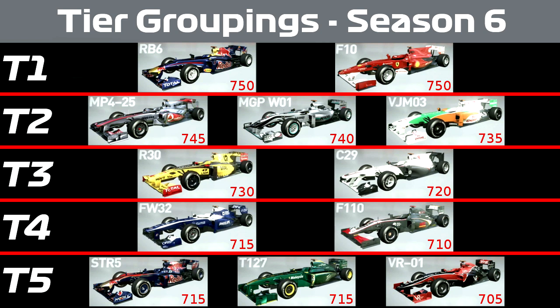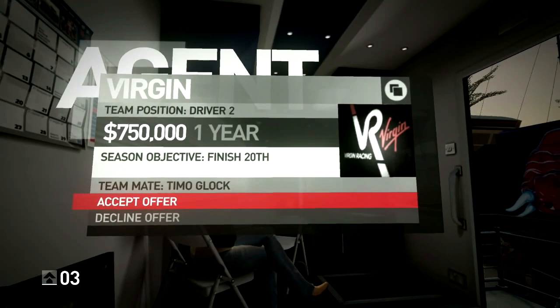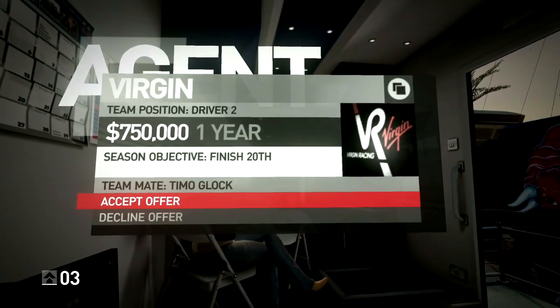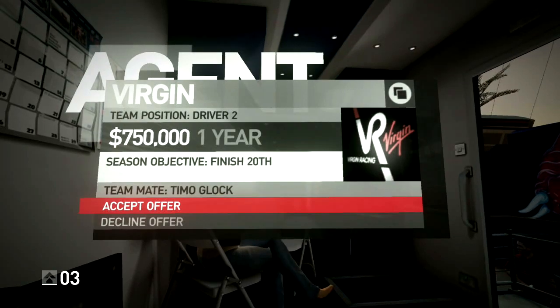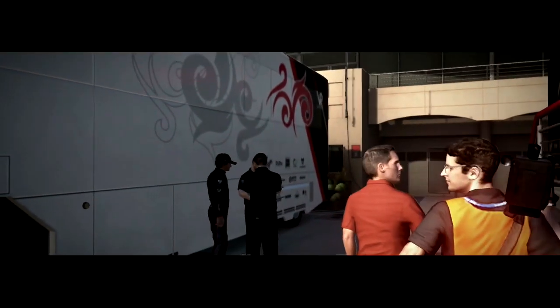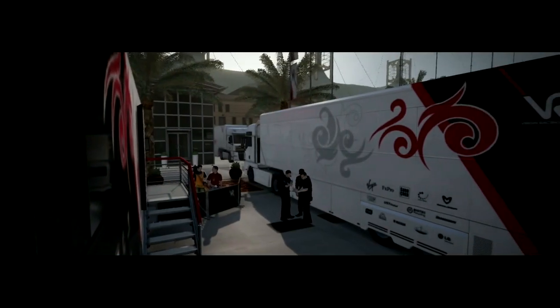The tiers for Season 6 are exactly the same as they were in Season 4, and I went and joined Virgin for the 3rd time since I didn't want to get in the way of now Tier 4 HRT. Also, for some unexplained reason, my teammate is now Timo Glock instead of Lucas de Grassi. There's very little to talk about in Season 6, so let's get